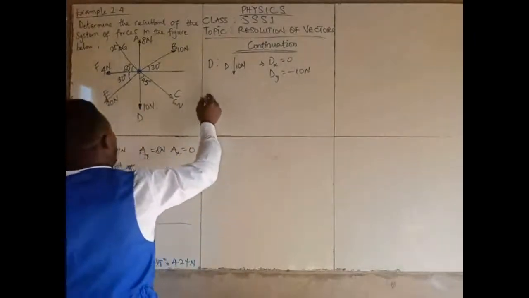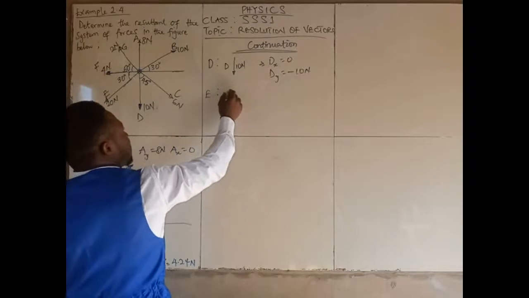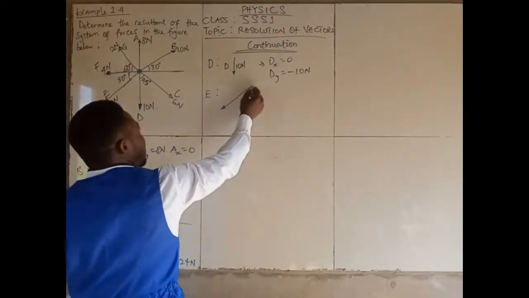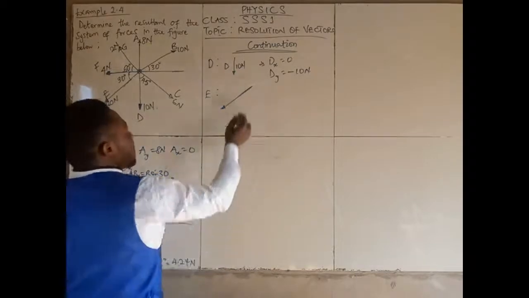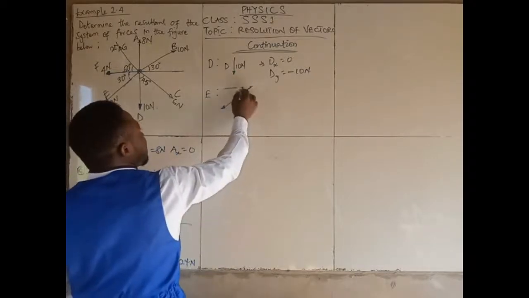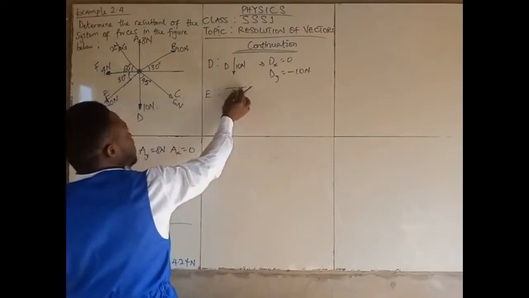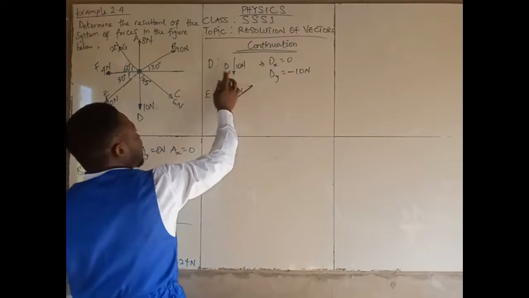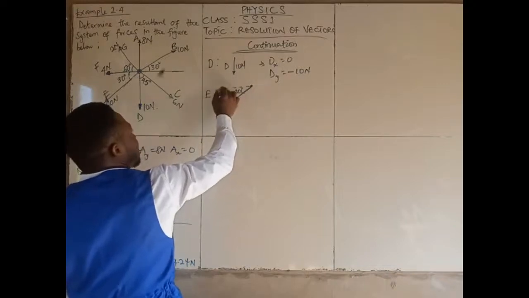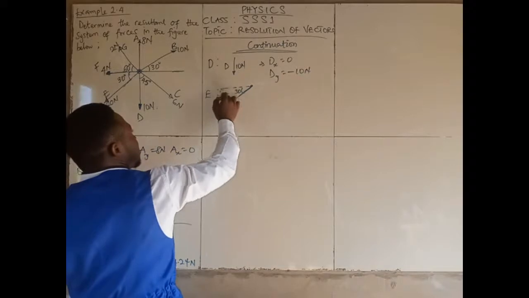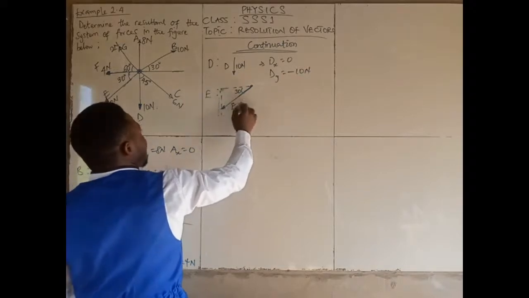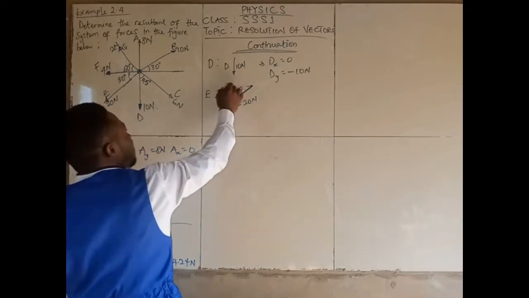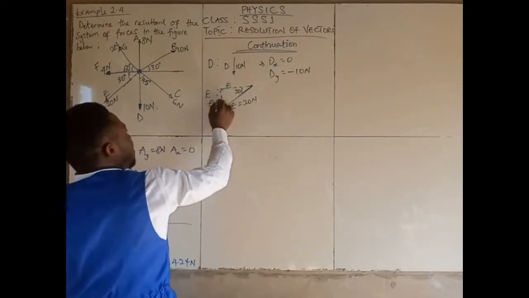20 Newton, that is your E. Vector E, moving this direction. This vector is making an angle of 30 degrees with the horizontal. We can trace this one from here, trace it down, or if you like, yes, let's trace from here and trace it down. This is our vector E. Our vector E is 20 Newton. Trace it down. This one will be what? This is EY,